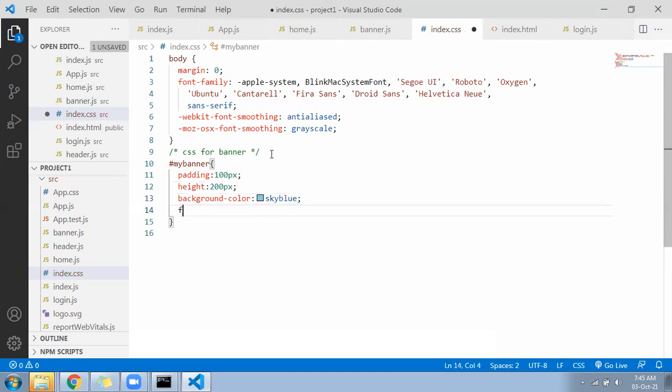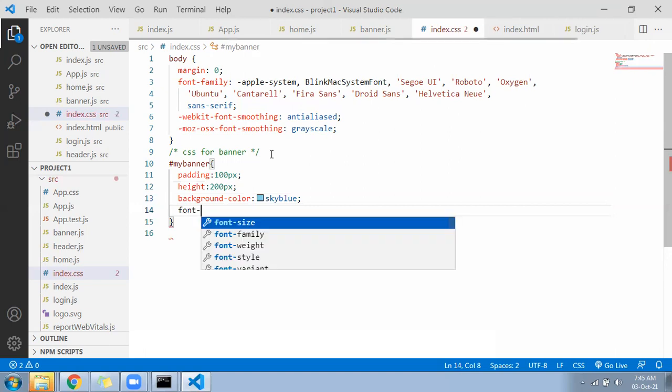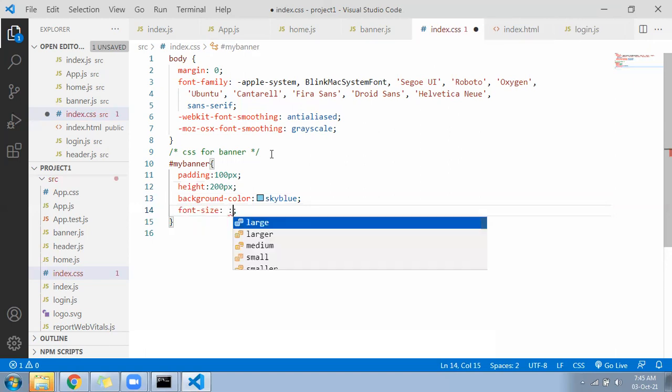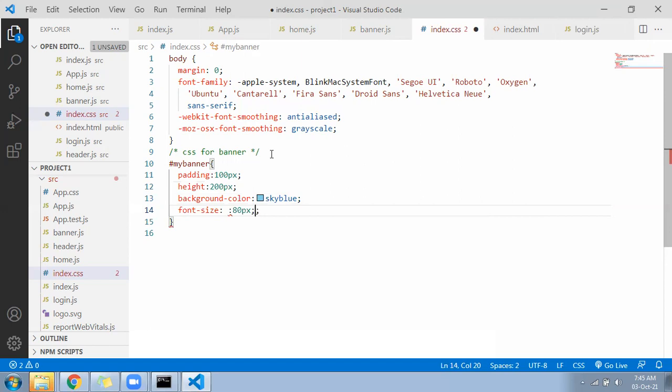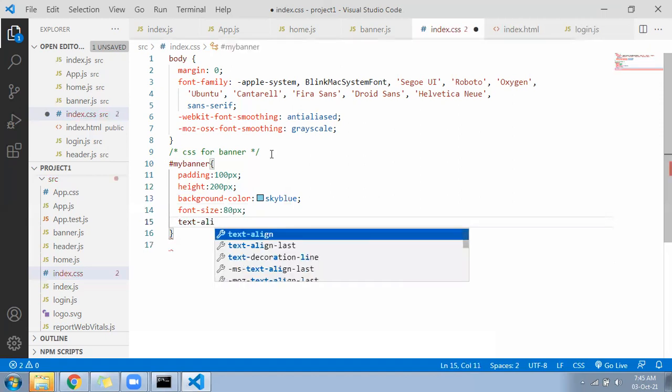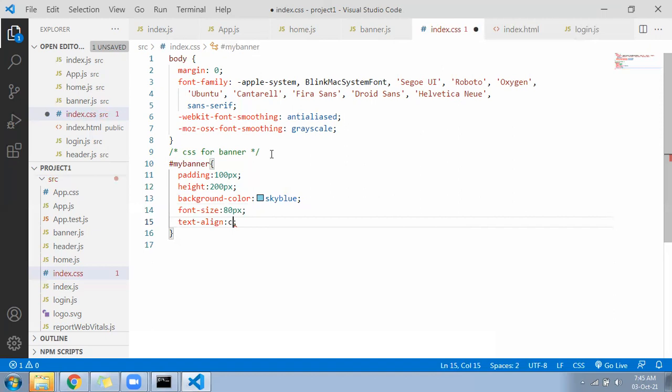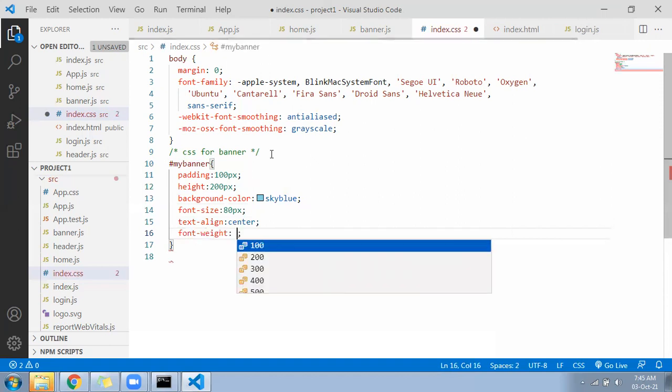Font size 80 px, text align center, font weight bold.